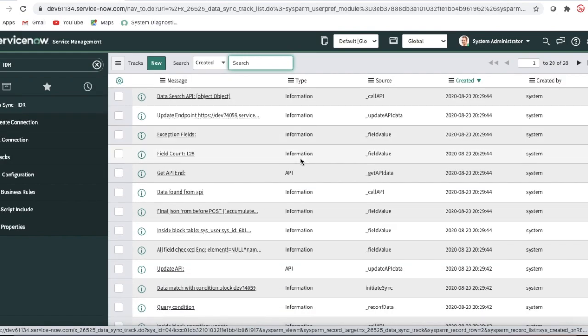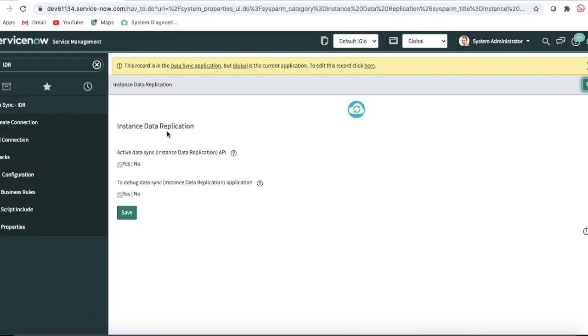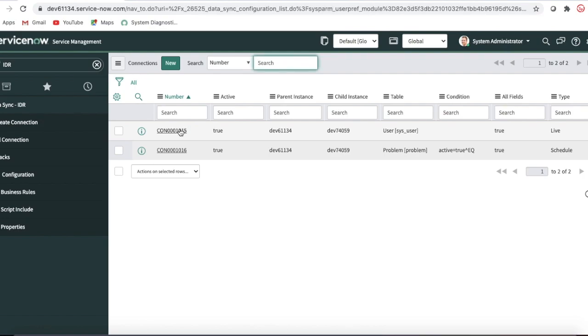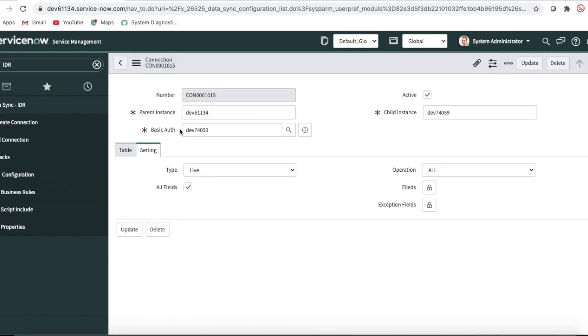In future, if any failure happens, we put that in for debugging purposes. And if you turn off the integration in the properties, the data sync with this API call will be turned off for a certain time. So that you can also do. Combined, we can say that if you want to create a connection, you can create it, and from there you can send the data from production to non-production without any manual export.